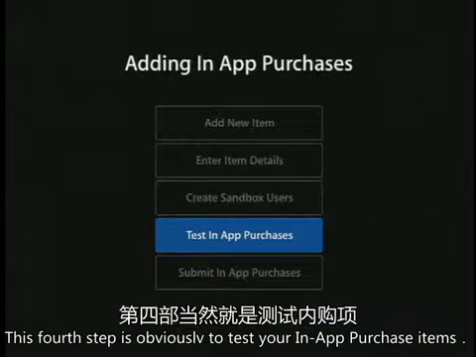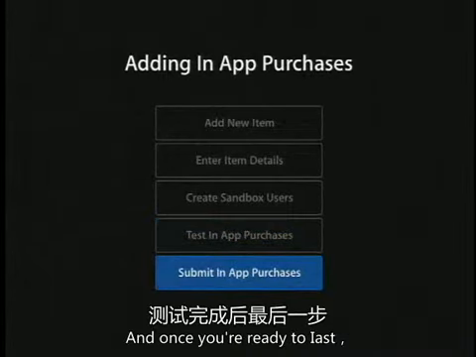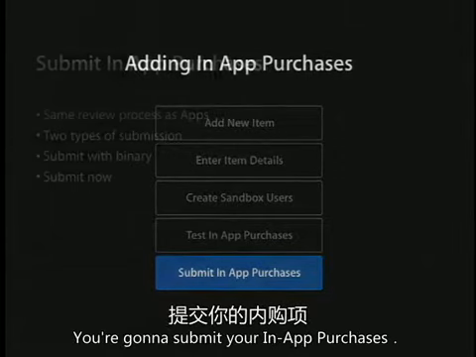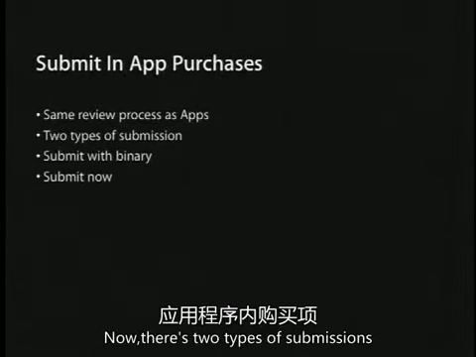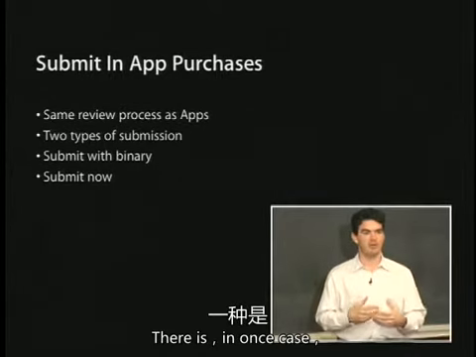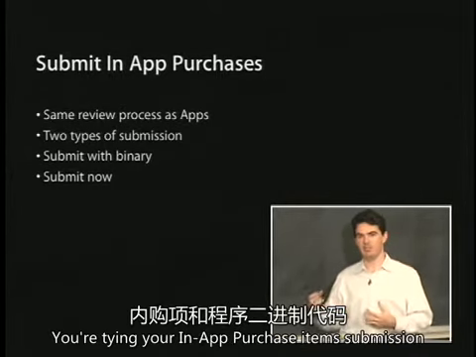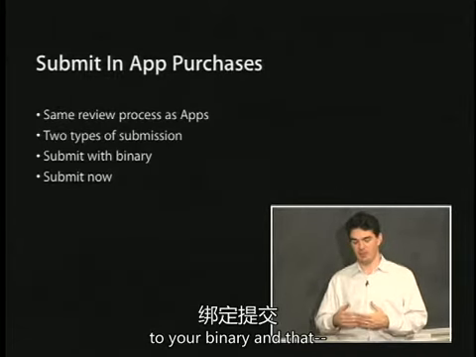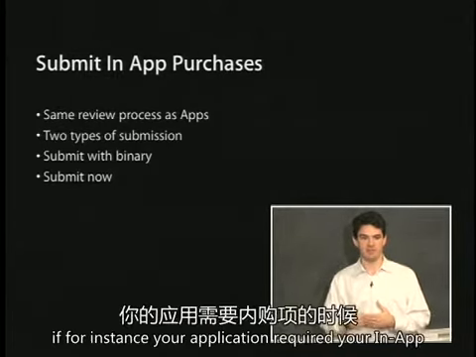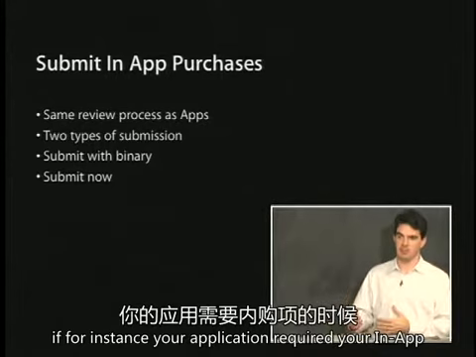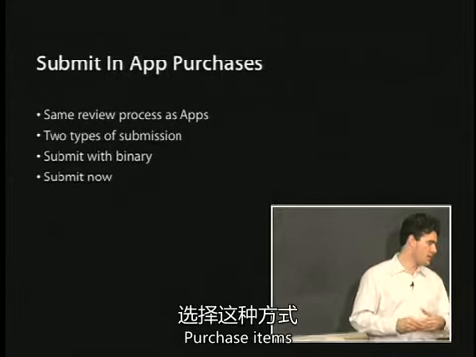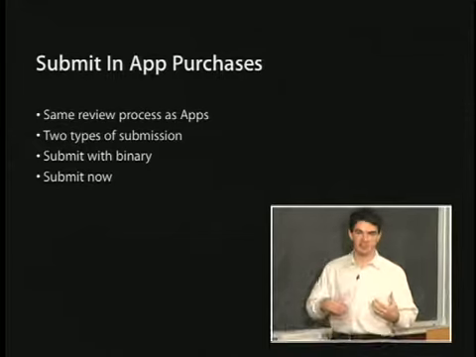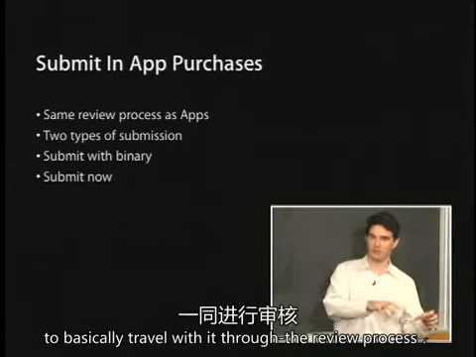Fourth step is obviously to test your in-app purchase items. And once you're ready to, you're going to submit your in-app purchases. Now, there's 2 types of submissions for in-app purchase items. In one case, you're tying your in-app purchase items submission to your binary. And you'd want to do this if, for instance, your application required your in-app purchase items. When you're submitting a binary, you then select the in-app purchase items to basically travel with it through the review